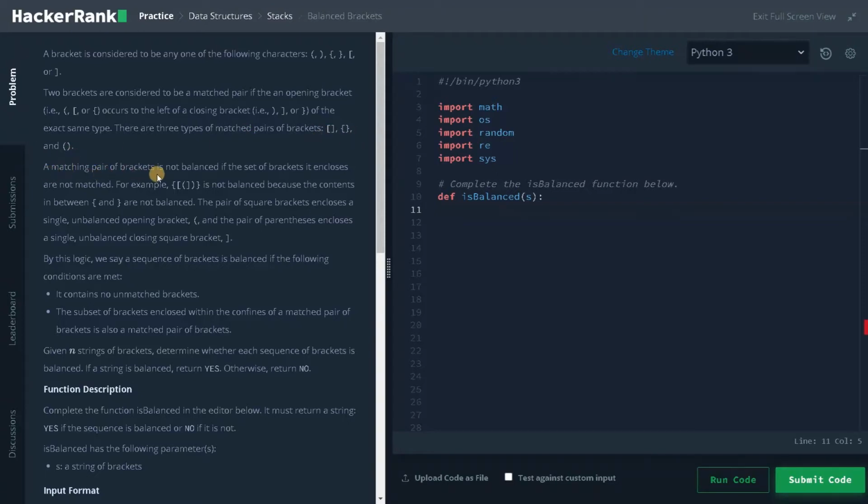A matching pair of brackets is not balanced if the set of brackets it encloses are not matched. This is an example. The curly braces are matched, and this square bracket and open parenthesis are mismatched. It is not balanced because the contents in between the curly braces are not balanced. The pair of square brackets encloses a single unbalanced opening bracket, and a pair of parentheses encloses a single unbalanced